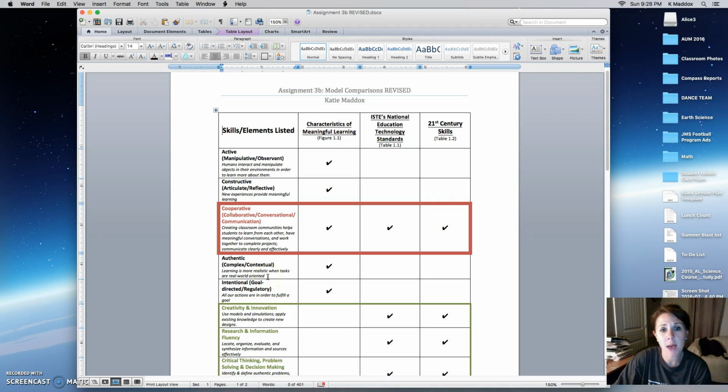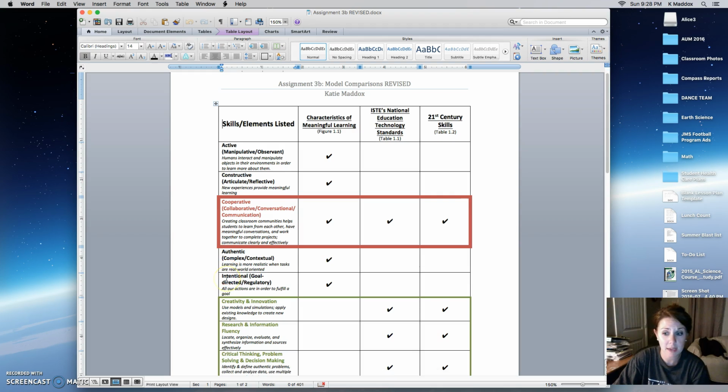So the background with this assignment was to evaluate the models and then really analyze them so that we would be knowledgeable enough to take this information, and if somebody were to ask us about the ISTE standards or 21st century skills, that we would be able to tell them what they were and how they can be used in their classroom. This is part of our content knowledge for being in the Instructional Technology Master's Program